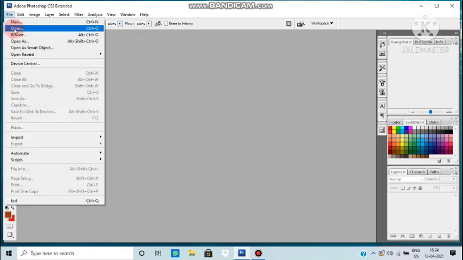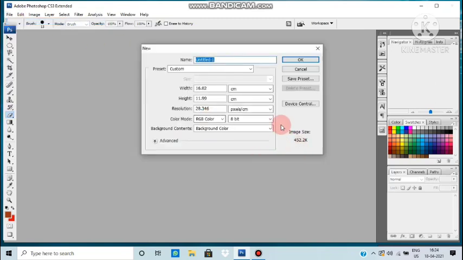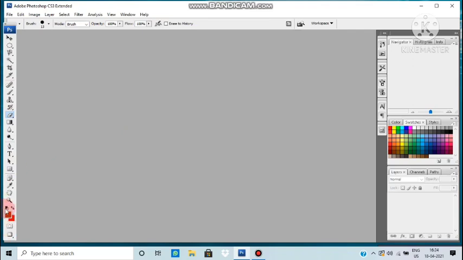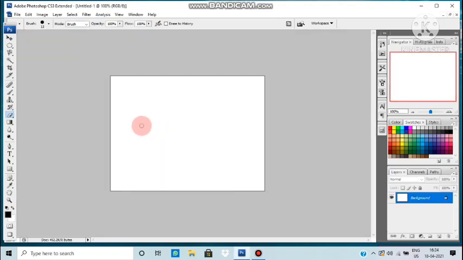So let's open an empty file, a new file. Here, what is the background and foreground color? You can see, just change it to this. Now open a new file. Okay, so we'll get a new file there. This is the new file and it appeared with the background color. This is the background color and this is the foreground color, as we have already discussed in the previous video. So let's start working.